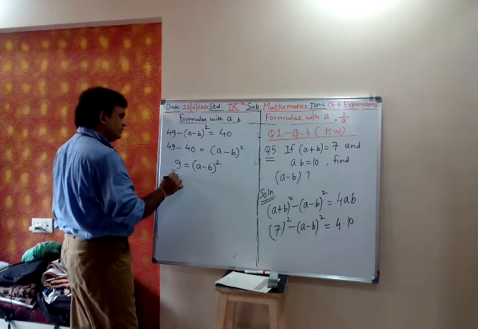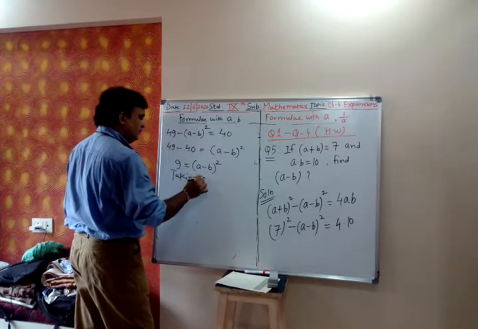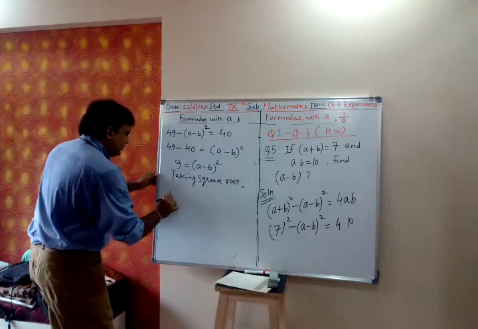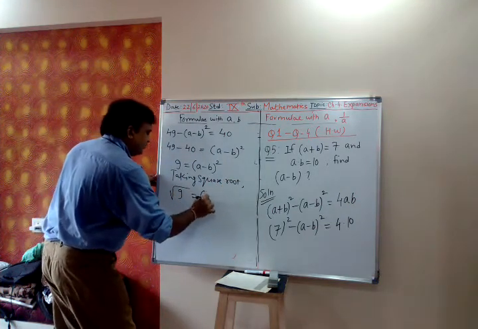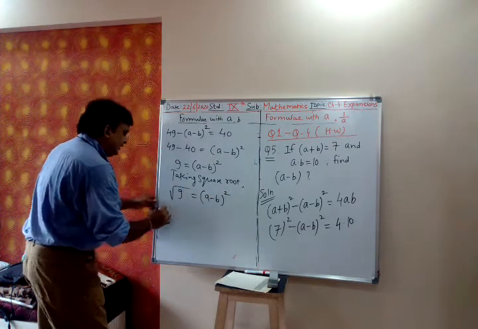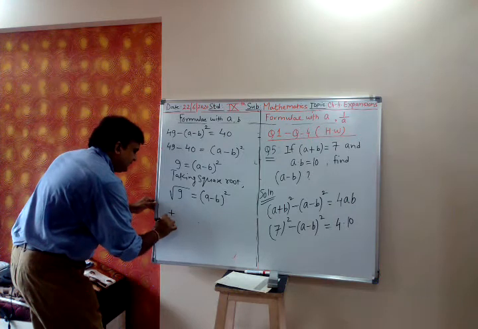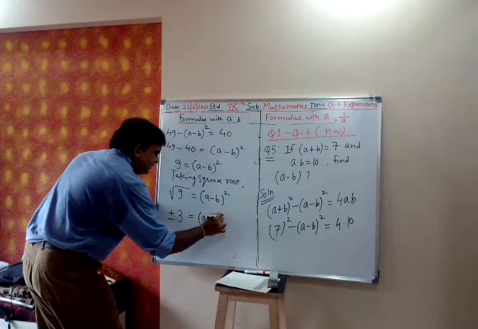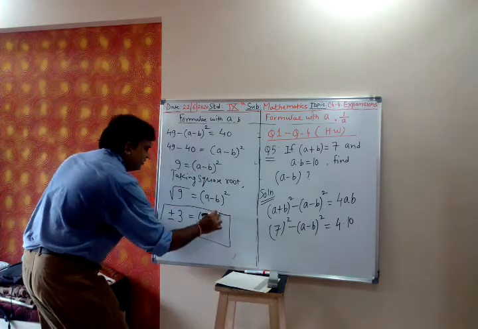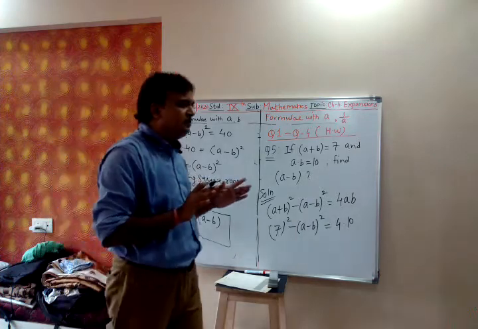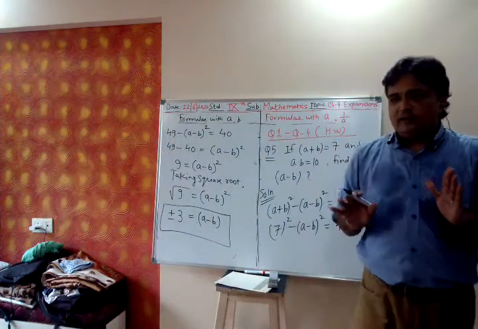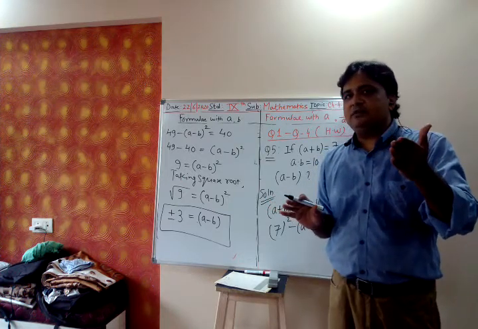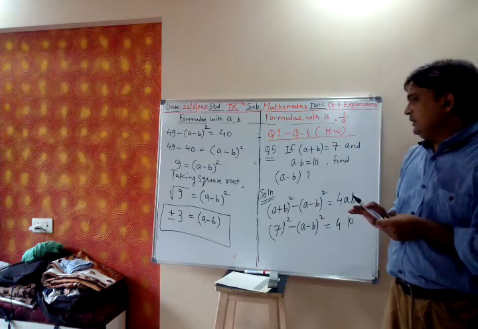Now take square root. Because we have the square value, we want a minus b. So you will get square root of 9 is a minus b. So square root of 9 is plus minus 3. Yes, remember, plus minus 3. Are you following? Minus 3 square is also 9. You have to take both the values, not only one value. Are we given that a and b are positive? No. So when no such condition is given, you have to take both the signs. Minus 3 square is also 9, plus 3 square is also 9. So you have to take plus minus.